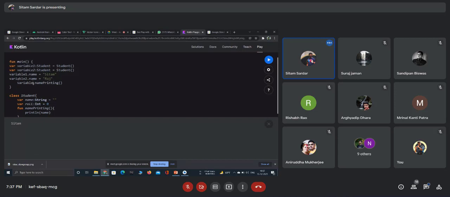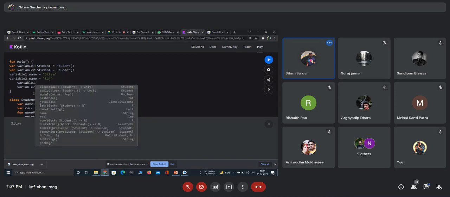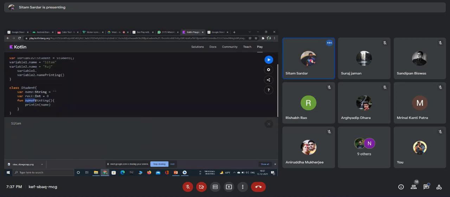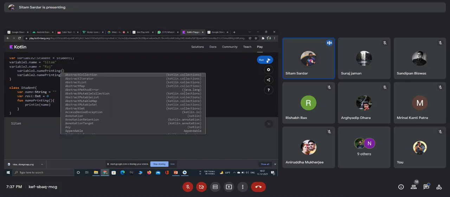Now if I call the same function for variable 1 and 2, since it's also the student class, it means I can also access this property. So I am accessing this name, printing. Now if I run it, can anyone tell what the output should be?